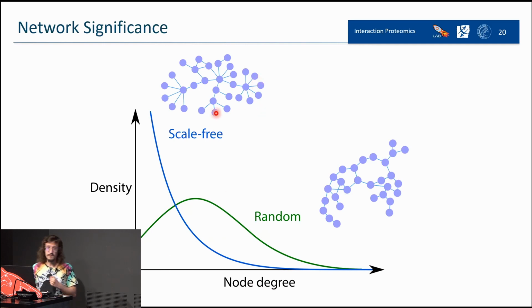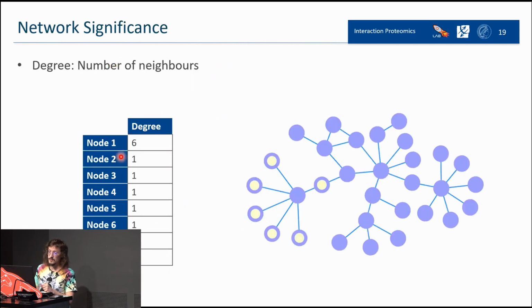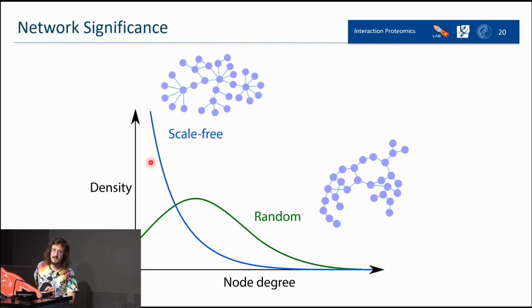While instead, when you build a scale-free network, something more representative of a biological situation, of what usually happens in a cell, you have a lot of nodes with a low degree, and then further on, way fewer with higher degrees. The peak is at the lowest degree, sorry, on the low end.